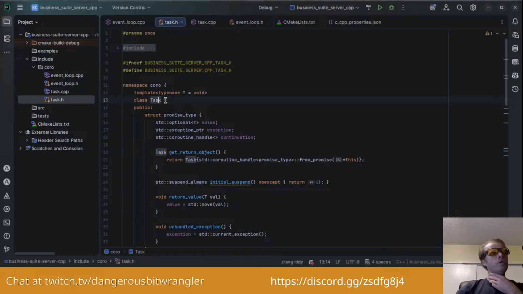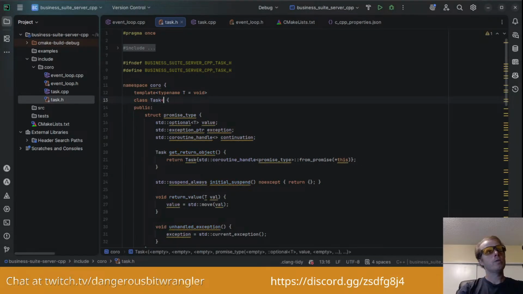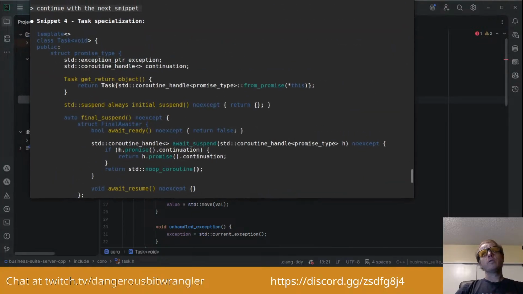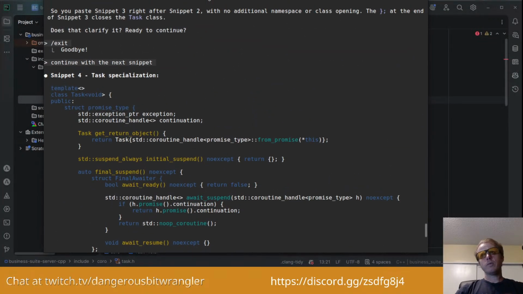Oh, it looks like task is supposed to be void, except it doesn't like that. And what happened to our template? Sorry, I'm looking at a snippet here that looks wrong. Let me show you.